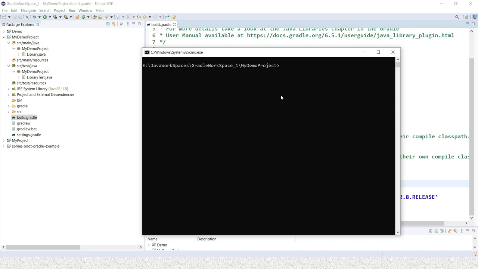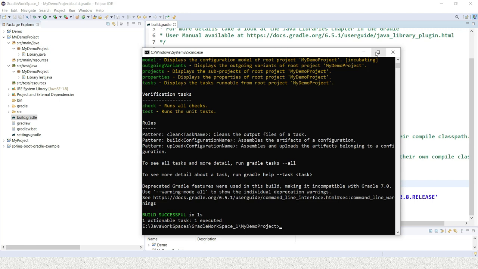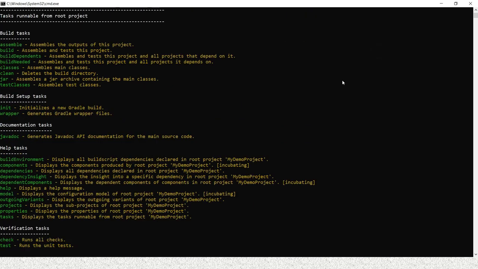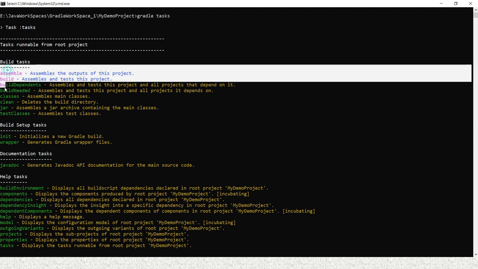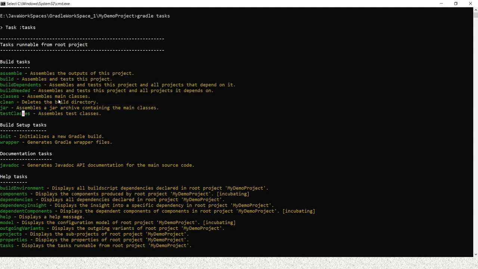If you want to see most of the pre-existing tasks of Gradle, you type the command gradle tasks. Once you type it, you can see a lot of pre-existing tasks, and every task has a certain category. If you want to perform some kind of building operation, these are the build tasks.